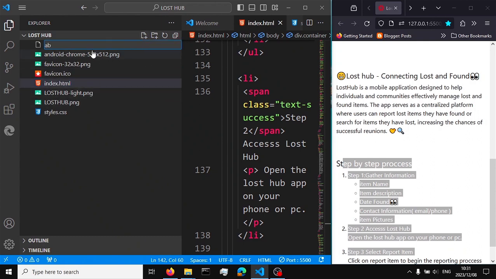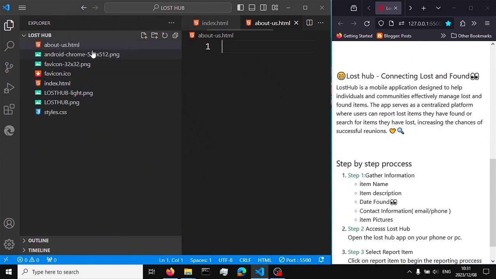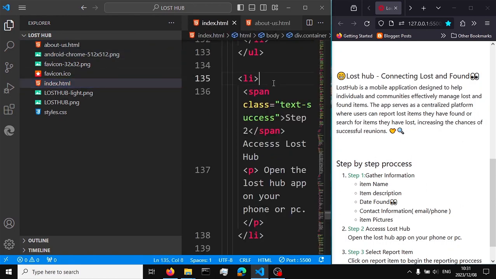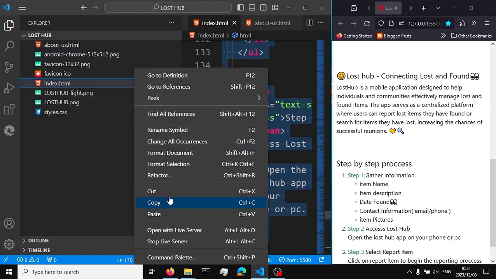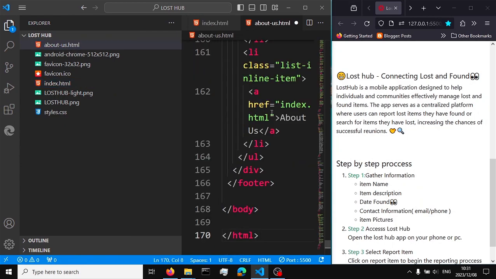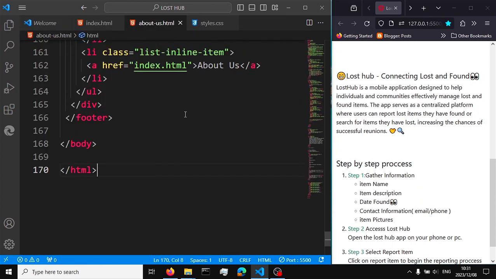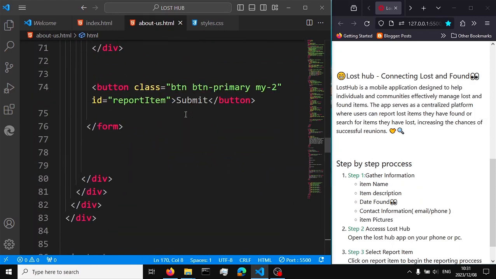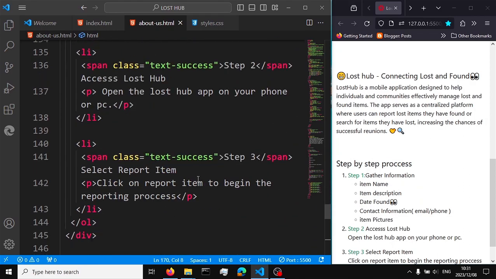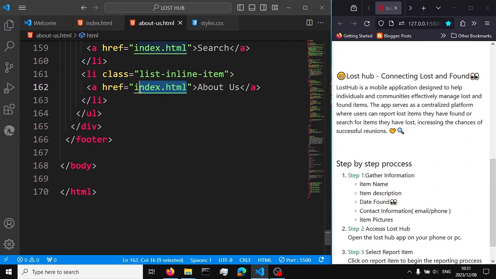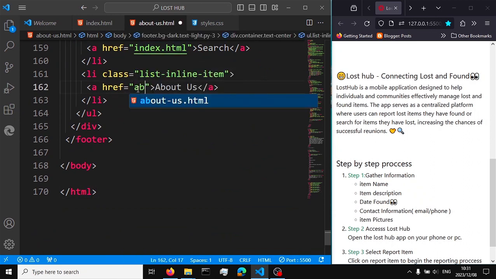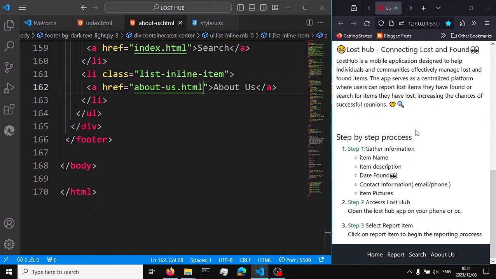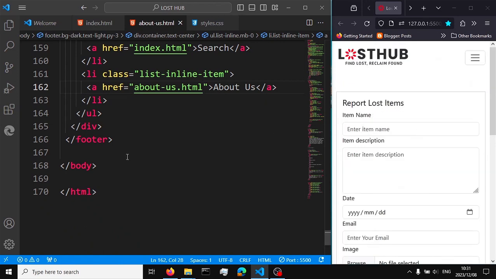Say About Us.html, like that. I'm going to copy the code from here, and then I'm going to paste it right there. And that's going to be our About Us page. I'm going to link it at the bottom here, which will be about us.html. So in the About Us page, what I'm going to do is remove